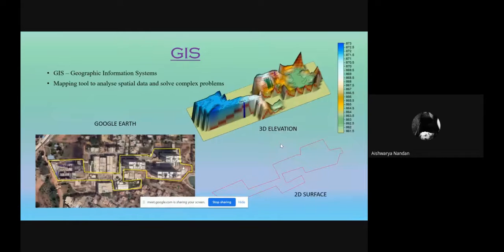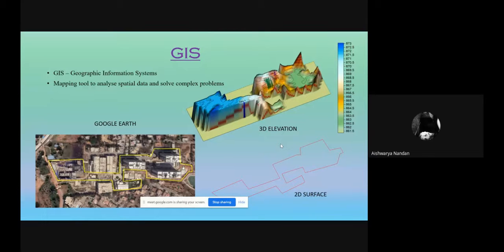So GPS gives us the spatial data, which is the raw data used in GIS. GIS is expanded as Geographic Information Systems. This is basically a mapping tool. Based on the latitude, longitude, and elevation you get from GPS data, it is imported into GIS and used to map.